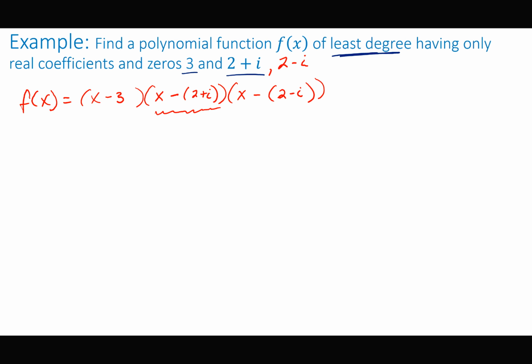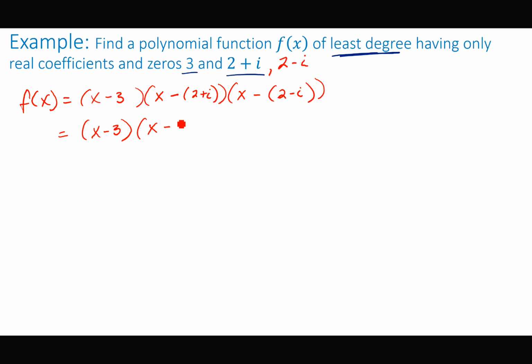Because again, if I put in 2 minus i for this x, 2 minus i minus 2 minus i, it's going to give me 0. That's what I want to happen. All right, this is kind of ugly. x minus 2 plus i. So I always like to write this